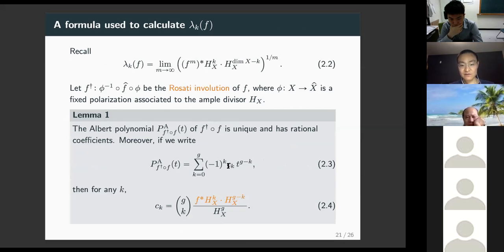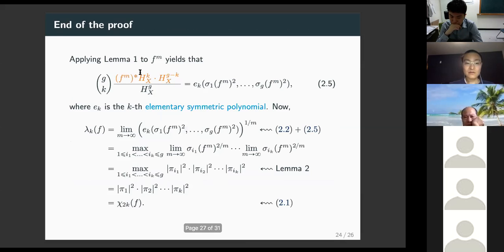And the right-hand side we have this one. So we have the correct initial number to define lambda_k. So the roots of this polynomial are the singular values, sigma 1, sigma 2, sigma g, and then this e_k is the elementary symmetric polynomial of